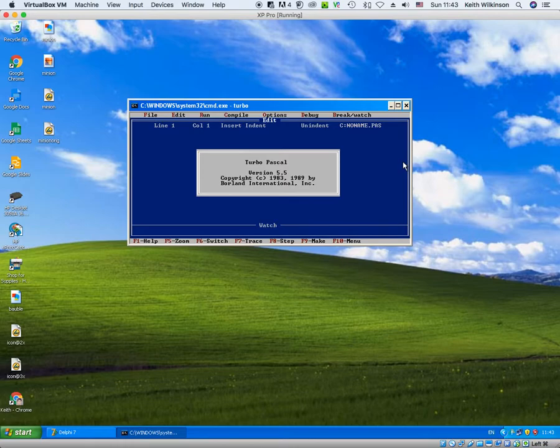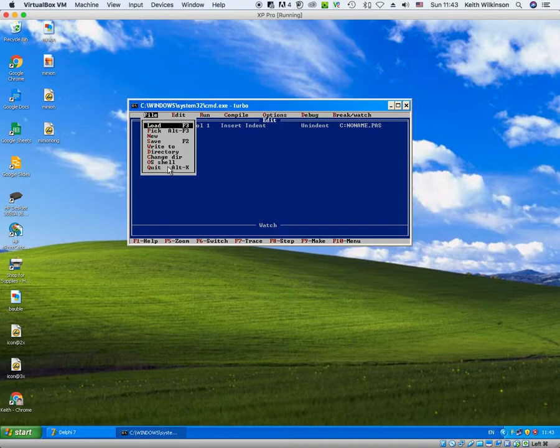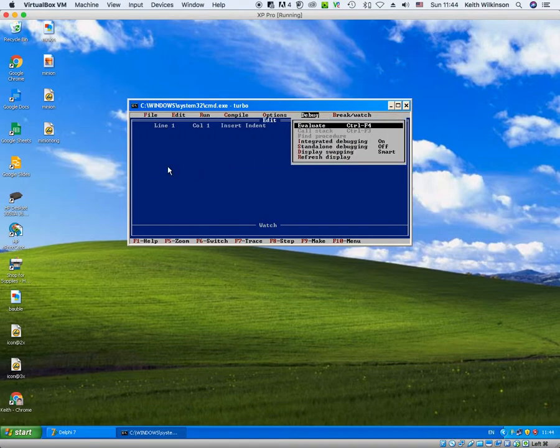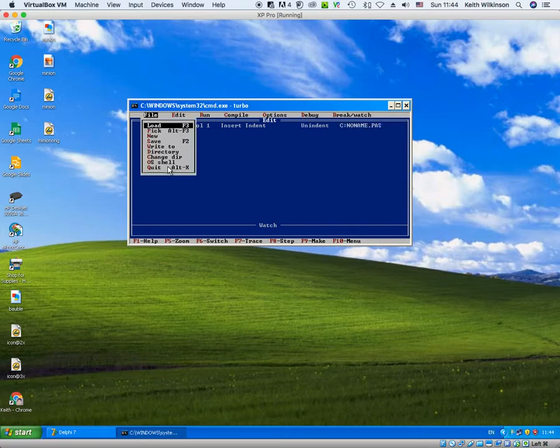So to create a new file in Pascal, we cannot use the mouse. Okay, we have to use the keyboard, and to use the keyboard I need to press Alt and F for file, and I can move along using the arrow keys, or I could use the shortcut F3 for load, but what I'm looking for is save, because I'm going to save a blank file. So I'm going to press save now, and I'm going to call it